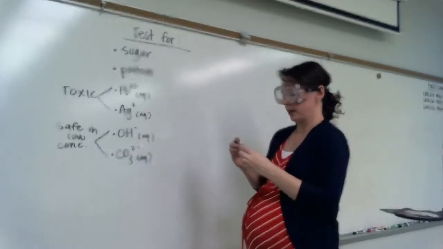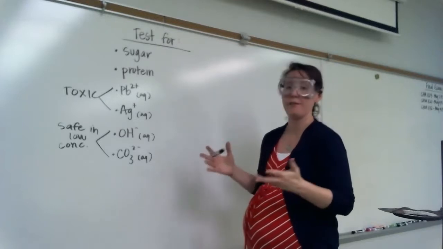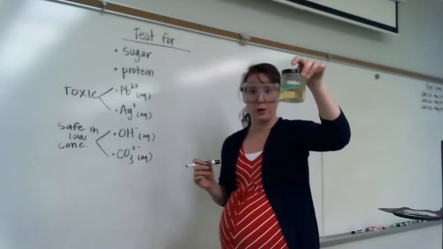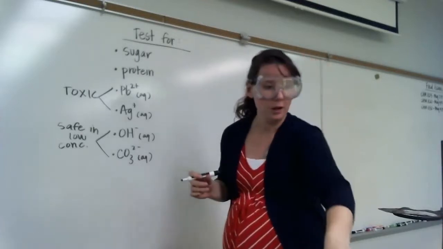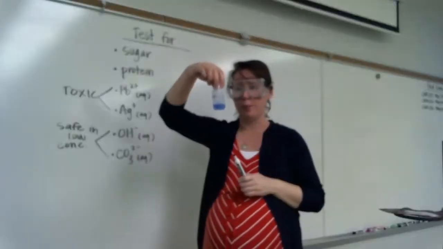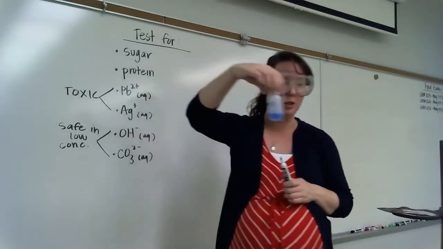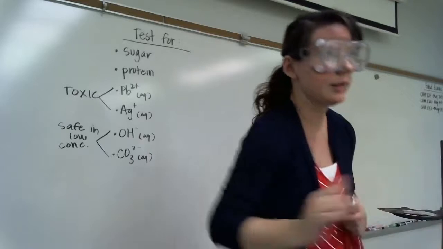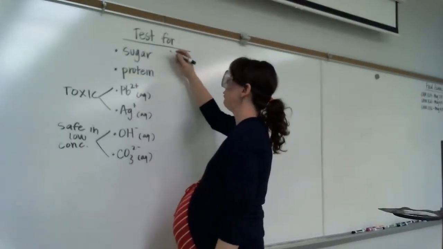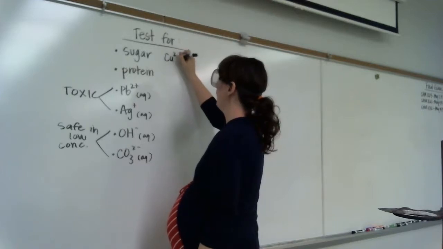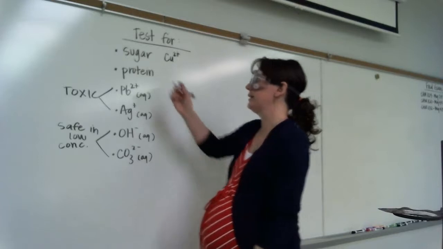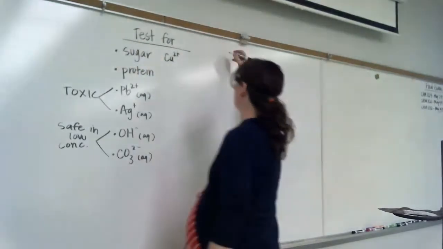So let's see what would happen if we have a positive sugar test. This is our lake water, right? That's what it looks like initially. We're going to add copper ion to it, which is blue. It's called Benedict's reagent. So if we have copper 2 ion, now sugars are molecules that contain, let's sketch somewhere,